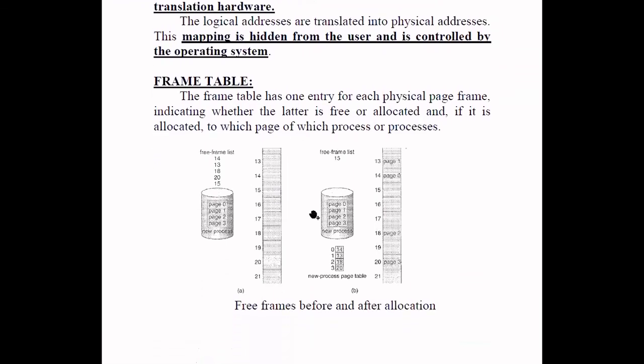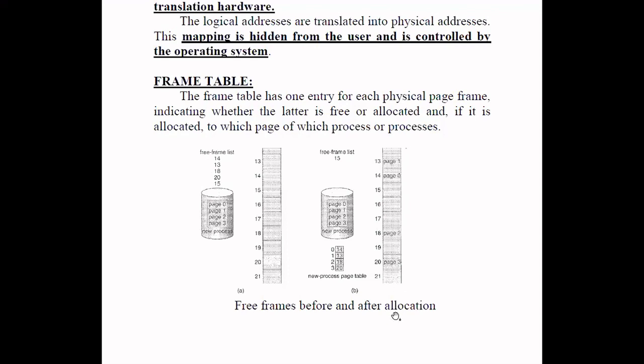So what about the frame table now? Similar to the page table, we also have a frame table, which is maintained by the operating system in order to have an idea about which frames are free in the physical memory, and if certain frames are being utilized by programs, which particular page has been allocated to which frame. This is nothing but a frame table. Basically, the frame table maintains the details of every frame of the physical memory.